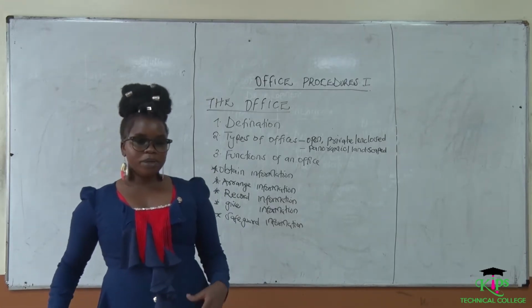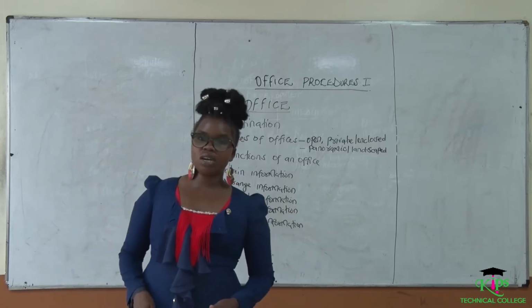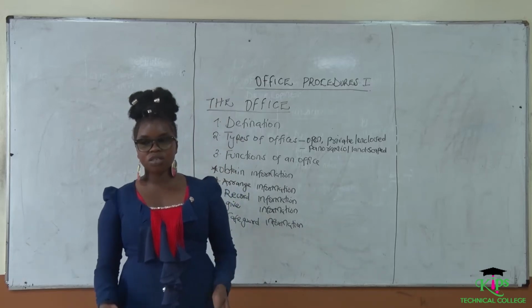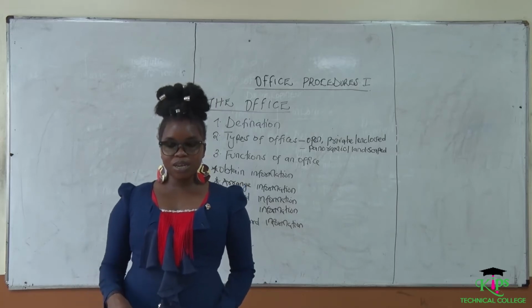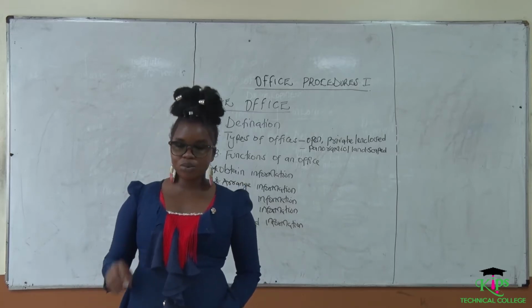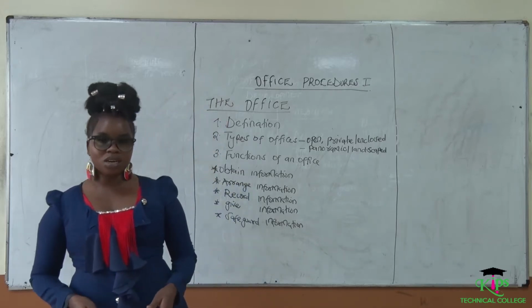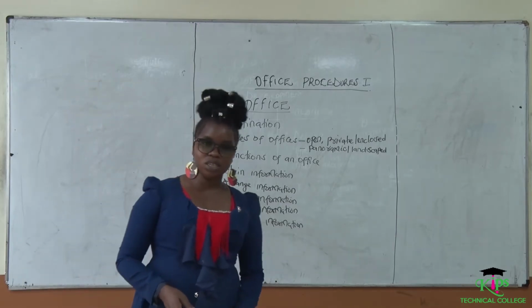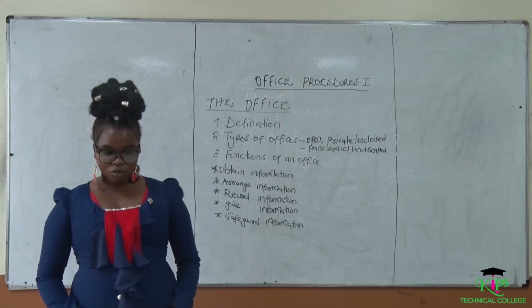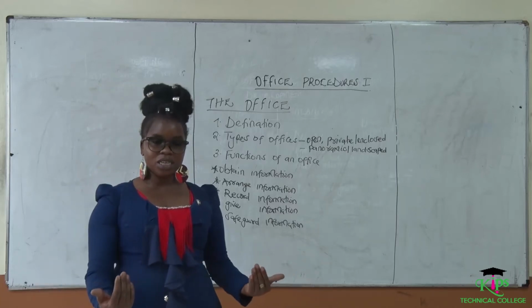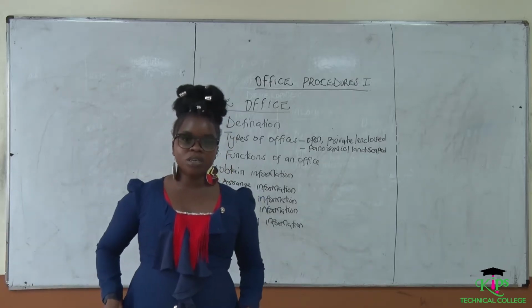For example, if a person is looking for a job, of course you saw an advert of a particular organization on the TV, or you read it in a newspaper. The next step you're going to take is to go ahead and write an application letter to that organization. You are going to take that application letter to the organization, of course. So the process whereby they take your application letter from you and pass it to the next department, that is what we call the obtaining of the information.